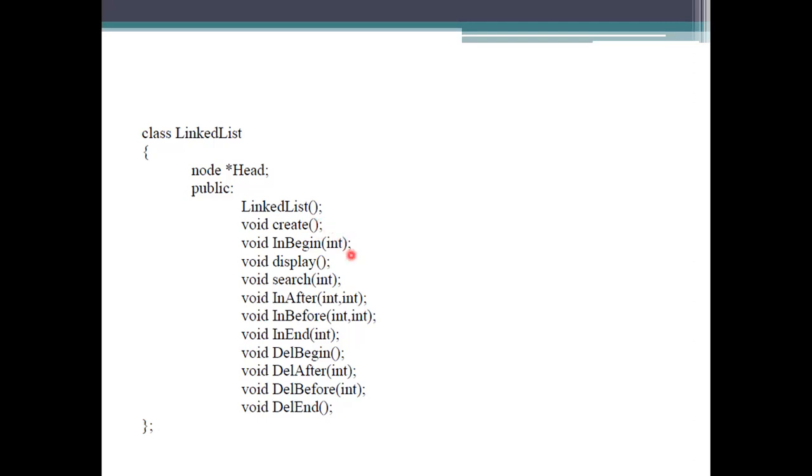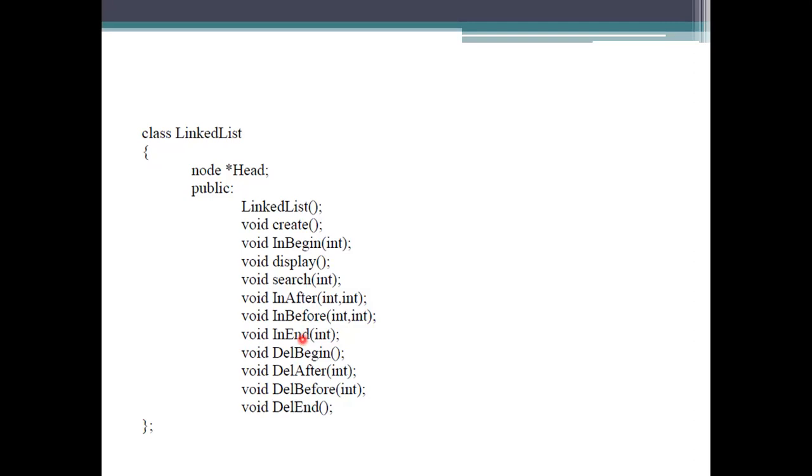We can add nodes at the beginning. We can use display and then search. And coming to insertion, insertion will be done initially at the beginning. Then after which node or before which node, or we can specify at the end of that one.